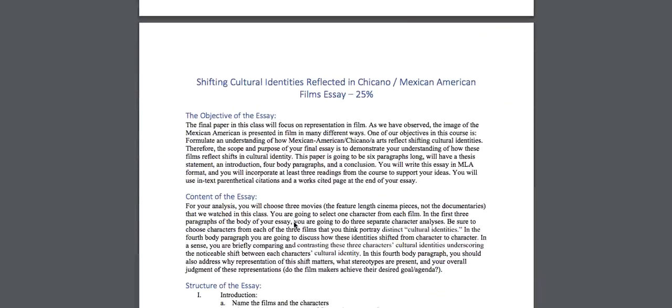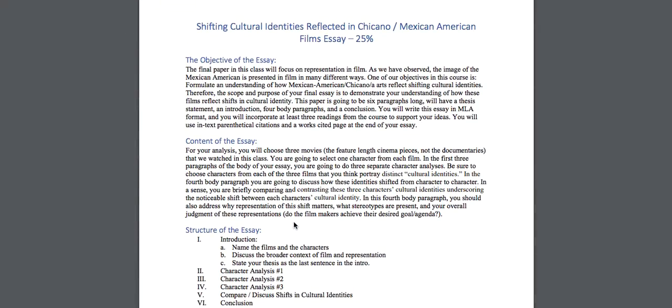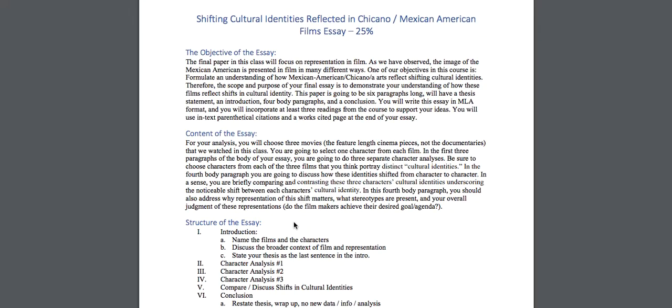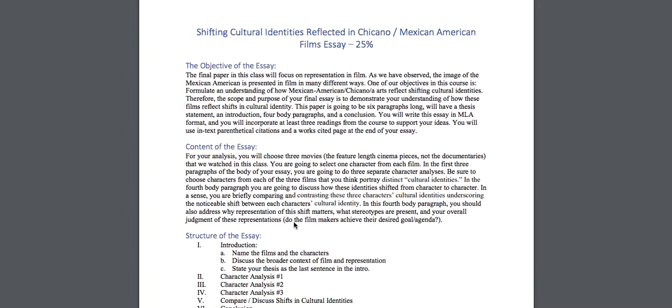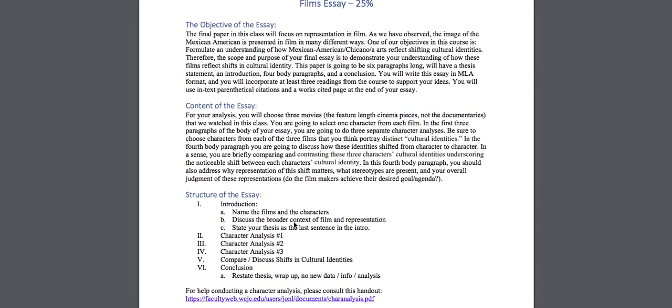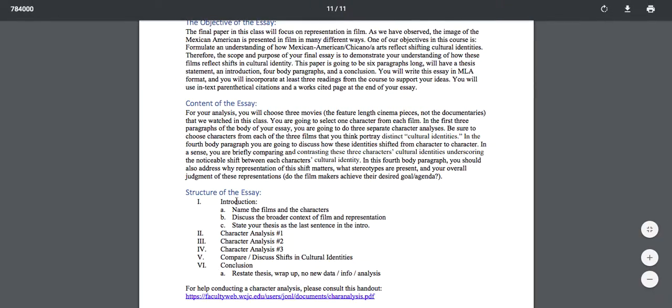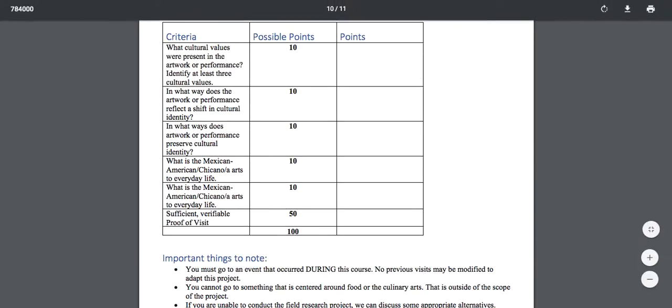And then the other major assignment in this class is 25% of your grade, where you're going to talk about the shifting cultural identities reflected in Chicano film. And those guidelines are here, and you've got the outline I've given you. So